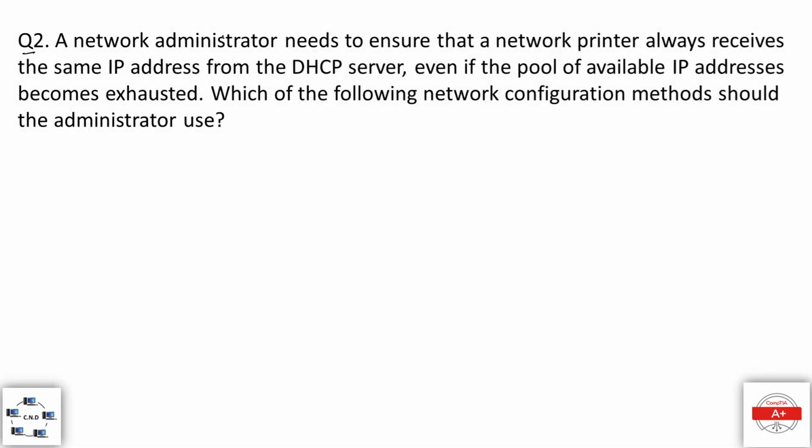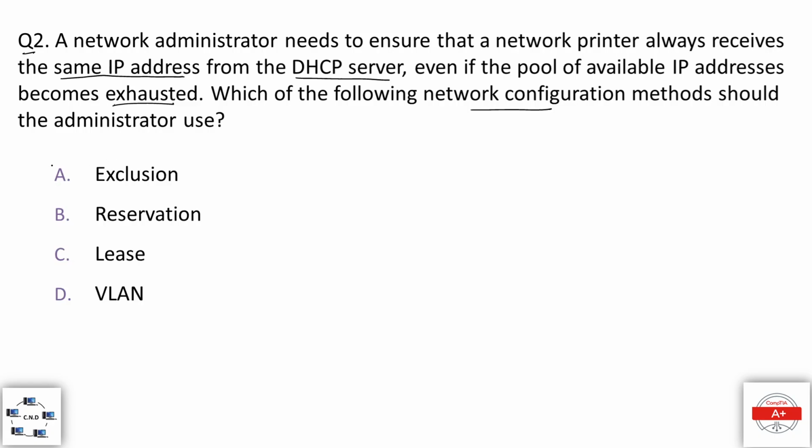Question number 2. A network administrator needs to ensure that a network printer always receives the same IP address from the DHCP server, even if the pool of available IP addresses becomes exhausted. Which of the following network configuration methods should the administrator use? And the options are option A, exclusion, option B, reservation, option C, lease, and option D, VLAN. And the correct option is